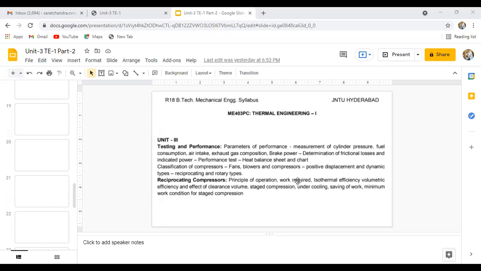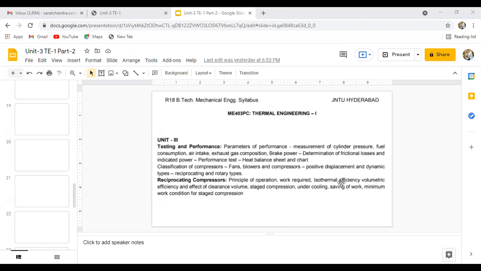That formula, work done equals n by n minus 1, mRT whole into (P2 by P1) whole to the power (n minus 1) by n. The work done derivation also we have done. We have also studied isothermal efficiency, and we have completed one problem related to this isothermal efficiency in